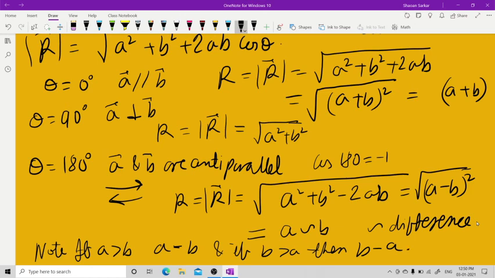Now you have found this. In the next class, I'll take the vector cross product. So let's end the lecture here for today. In the next lecture, we will have